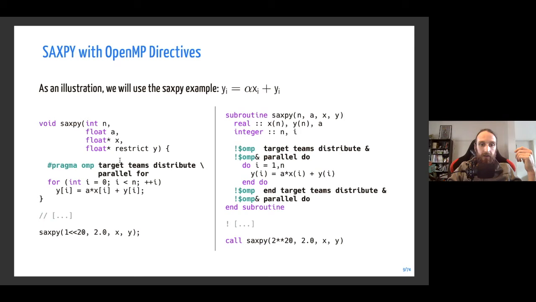And the idea is that you put this keyword target, which means that the compiler has to translate the block of code that follows, in our case just this loop, to create a kernel that will be executed on the GPU. And after that, we see that we have a lot of keywords, so teams, distribute, parallel, for, and this is basically describing the execution model of OpenMP on an accelerator.